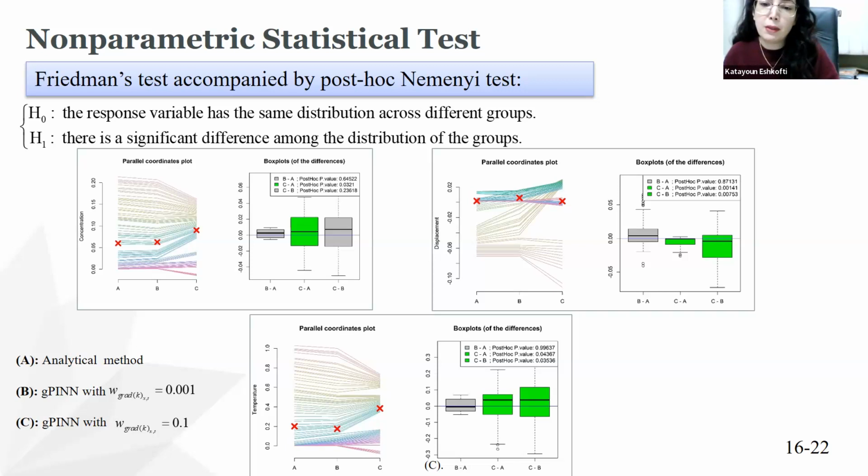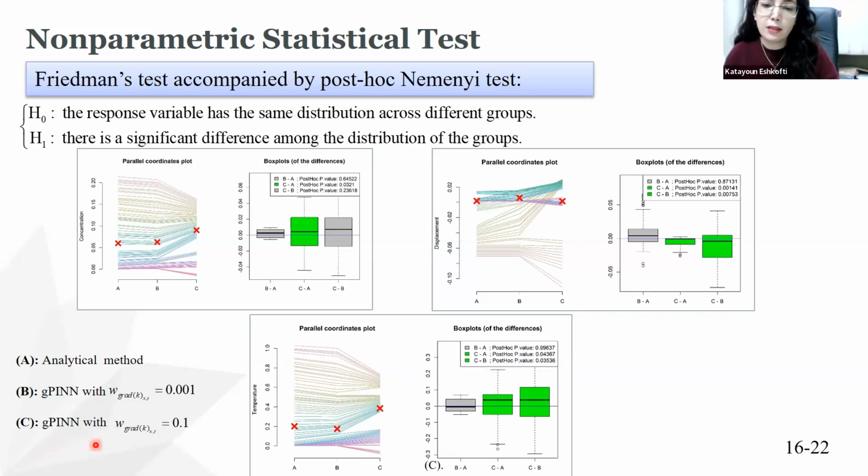So if the null hypothesis is rejected, we should do a post hoc test to identify the specific treatments with different distributions. The Nemenyi test, also known as the Wilcoxon-Nemenyi-McDonald-Thompson test, is used. In this case, it compares the distributions of the 3 groups of results. These groups are the analytical method, gradient enhanced PIN with the rate of 1,000, and gradient enhanced PIN with the